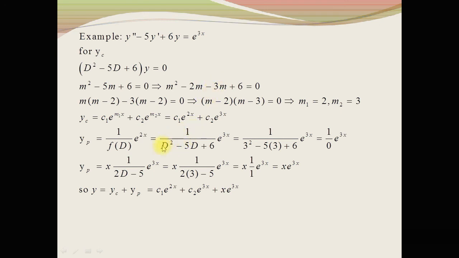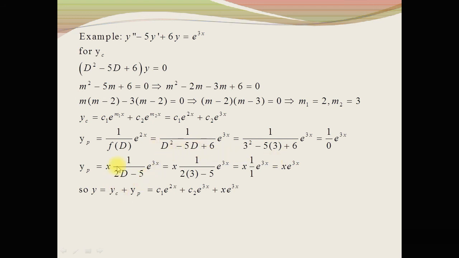So 1 over D square minus 5D plus 6, e power 3x. Now replacing this D by 3, we get 3 square minus 5 into 3 plus 6, e power 3x. After calculation, 3 square means 9, 9 plus 6 is 15, and 5 times 3 is 15, so 15 minus 15 equals 0. 1 over 0 means undefined, so we take the derivative of this differential operator, D square minus